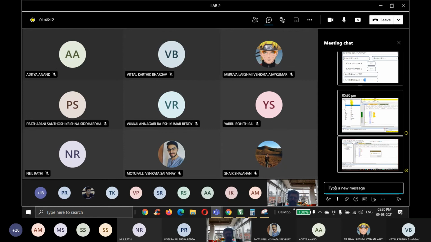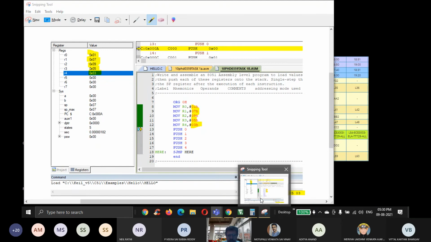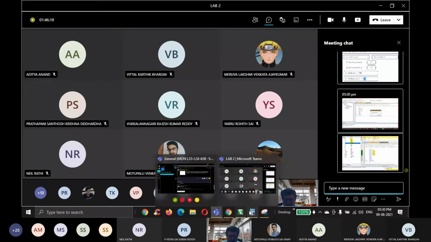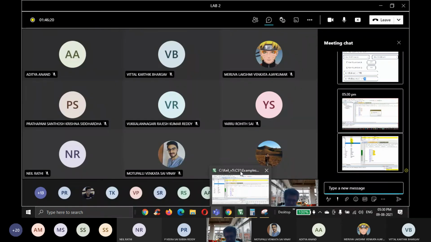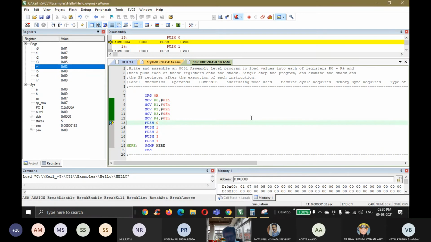Always use highlighters to highlight all these things. In the snipping tool itself, the highlighters are available. No need to worry about highlighters. That's why you have been asked to snip. No photocopy will be accepted without highlights. Okay, date and time is very important. That's why it has been done like this.